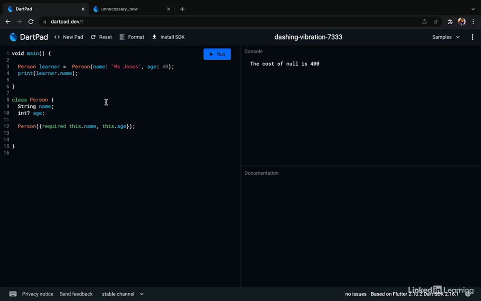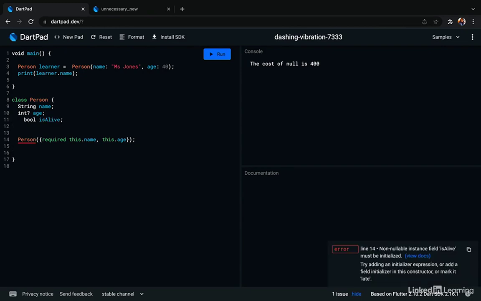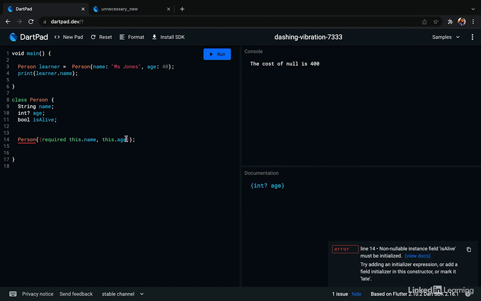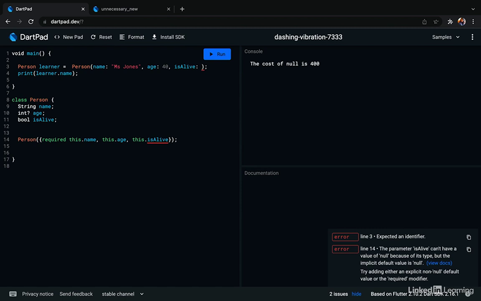Continuing with the same example, let's imagine we have another instance variable called isAlive, which will be Boolean in nature and can have only two values, either true or false. So let me add this to the constructor as well. In this case, it will be this.isAlive. And for the object creation, I will do isAlive colon, and the value could either be true or false,